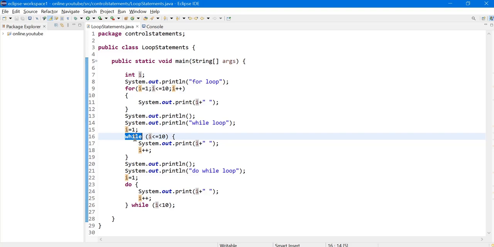So it comes down to I less than or equal to 10. The value 1 is less than or equal to 10. Yes, the condition is evaluated to true. Now it comes to the print statement. It prints the value of I as 1 and gives a space and comes down. The next statement is I plus plus. So the value 1 is incremented by 1 and the value is now 2.